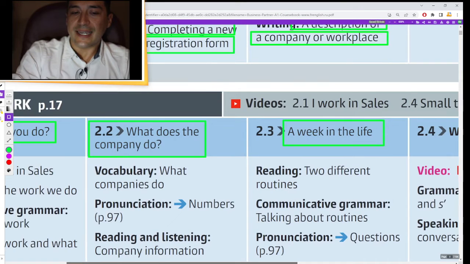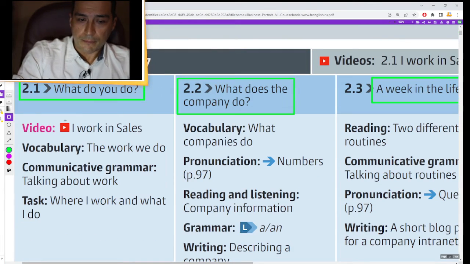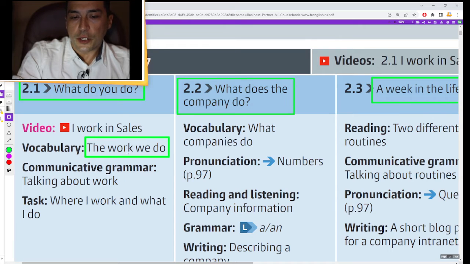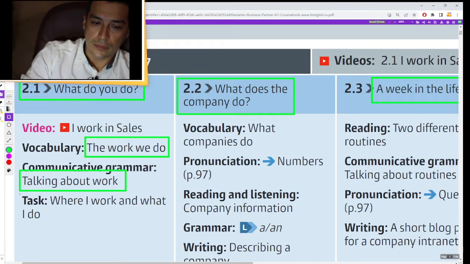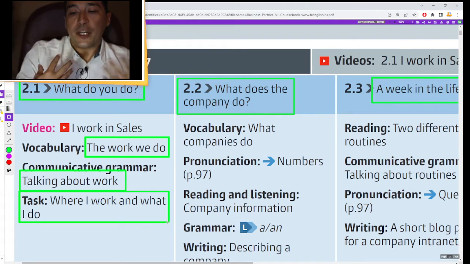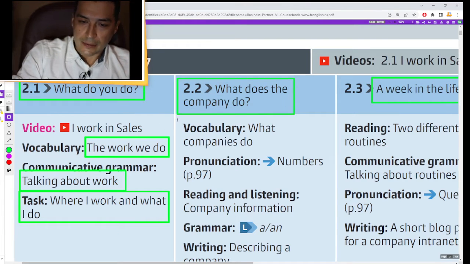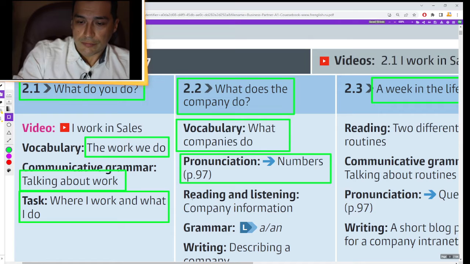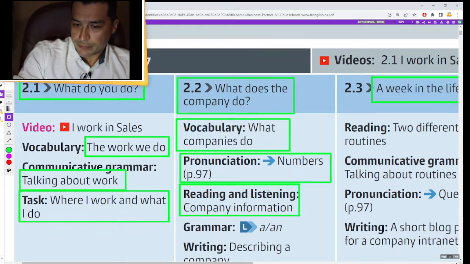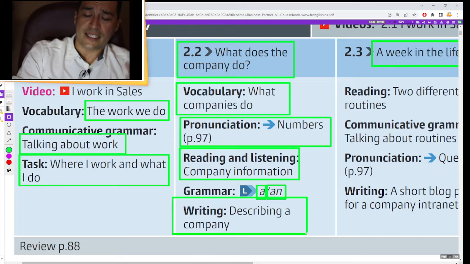Let's look at the skills for Unit 2. Different things like the work that we do, talking about work, where I work and what I do, what your company does, numbers, company information, some grammar, articles a and an, and we have writing exercises describing a company,